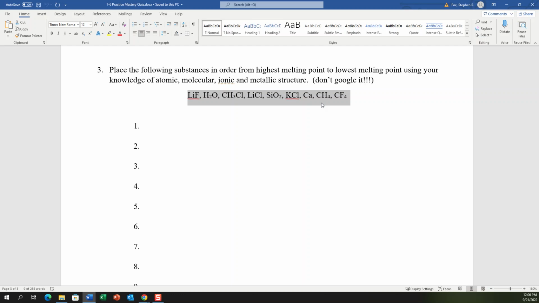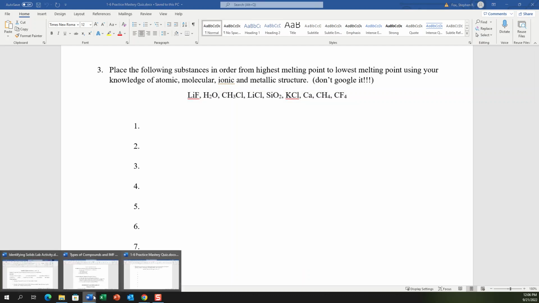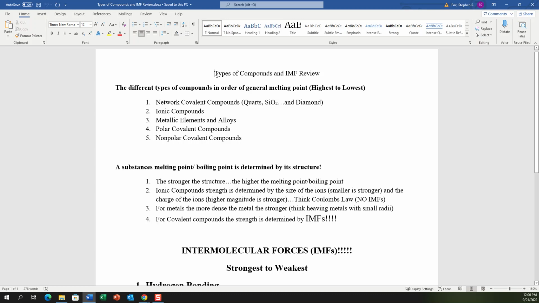I'm using the information you're supposed to know, and that's it, without looking it up. All right, so make sure you do that. The notes you want to review are the types of compounds in the IMF review, because this is first going to tell you the order to differentiate the compounds. So if you're given a list of different things, the first thing is look for a network